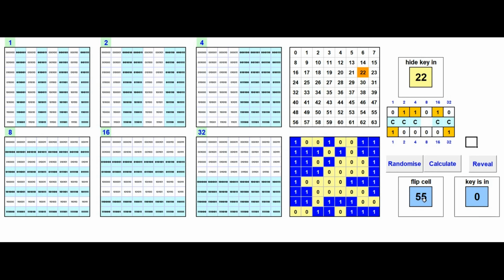Flip cell 55. So where is cell 55? It's sitting there, and we can see that going down to the position here is 55. Let's change that to a 1, and bingo, it matches. 0, 1, 0, 1, 0. This now says 0, 1, 1, 0, 1, 0,